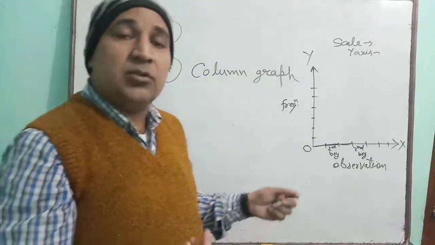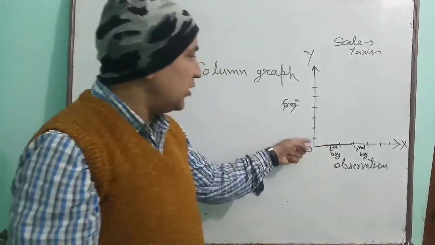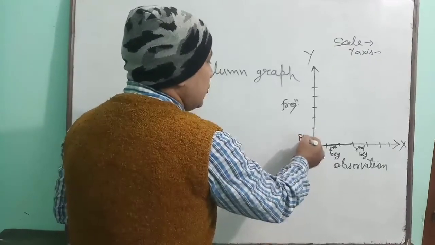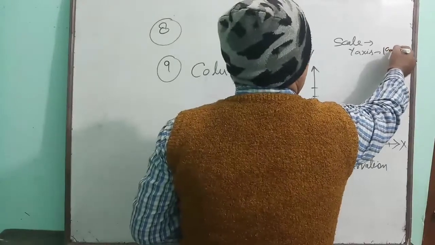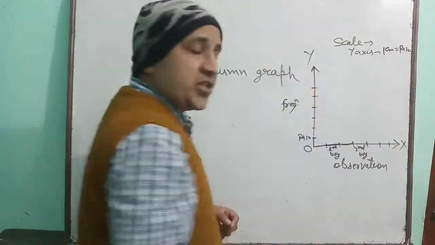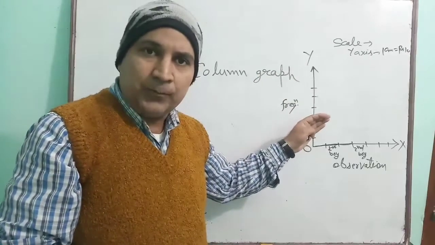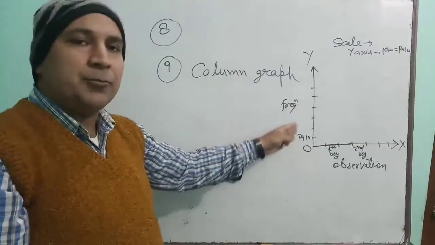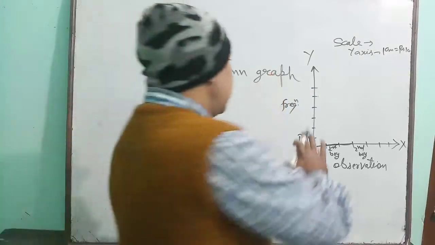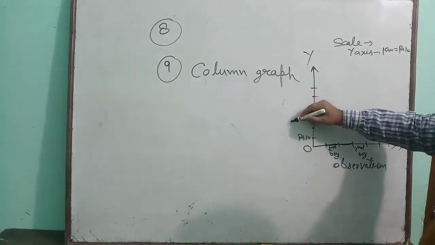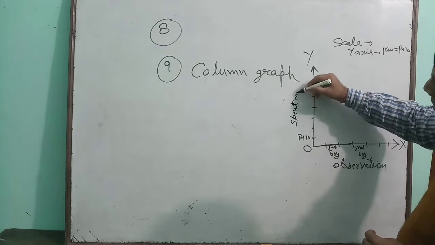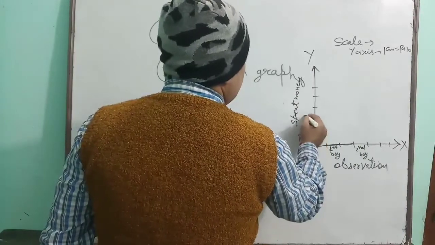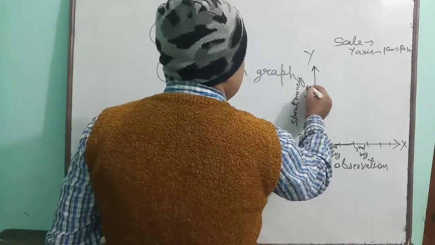Whether there are boys or girls, you will see in the question. Then on the y-axis you will take the scale. Suppose that one box represents rupees 10. So here you will write 1 centimeter is equal to rupees 10. This is an idea I am giving to you. You will suppose the scale for the y-axis. On the y-axis you have to denote the money spent. That means here in your question the y-axis will represent the money spent. Okay, so rupees 10, 20, 30, 40, 50, 60.